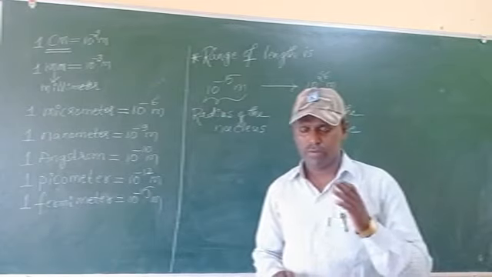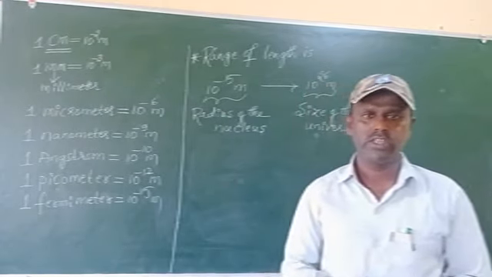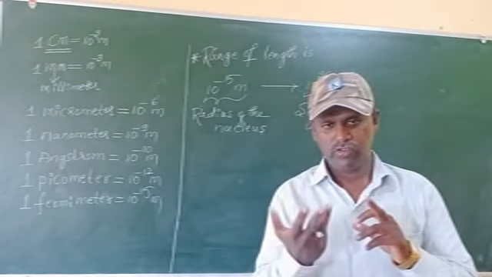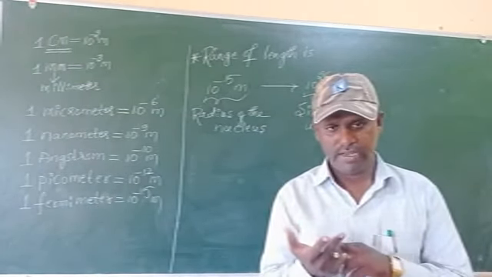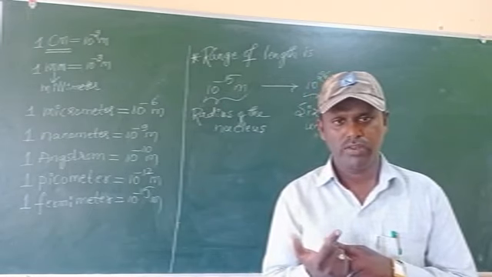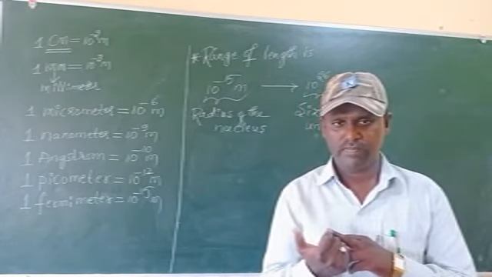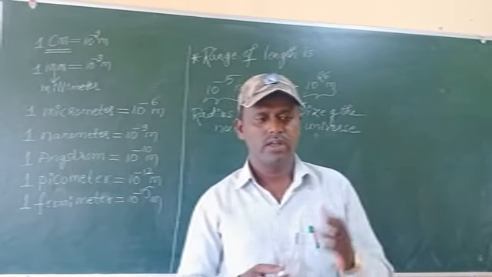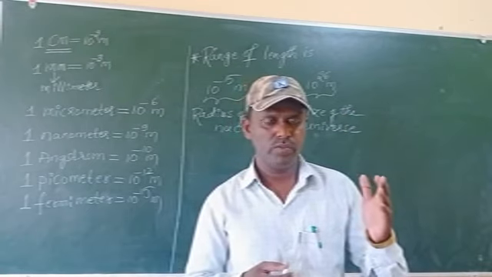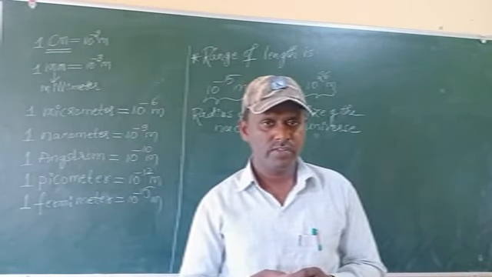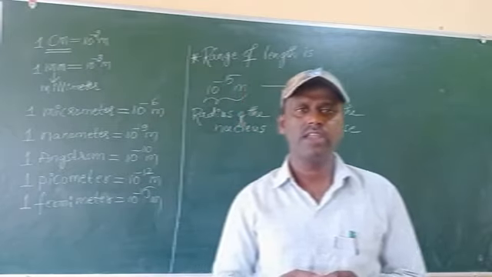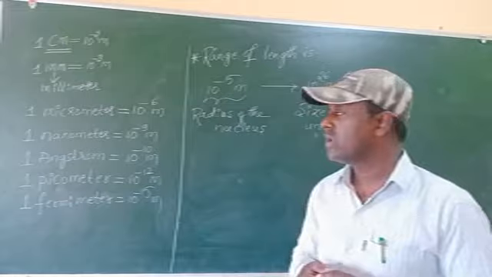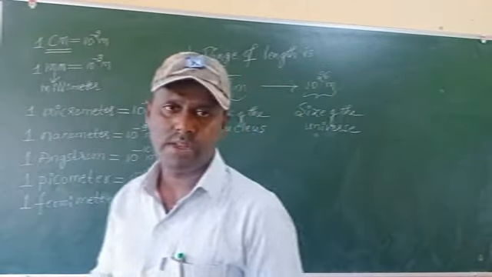So now remember the different units used for measuring distance: light year, astronomical unit, and parsec. And what are the values? You must remember light year. 1 light year is a unit which measures how much distance is travelled by light in 1 year. That is 9.46 into 10 to the power of 15 meter.